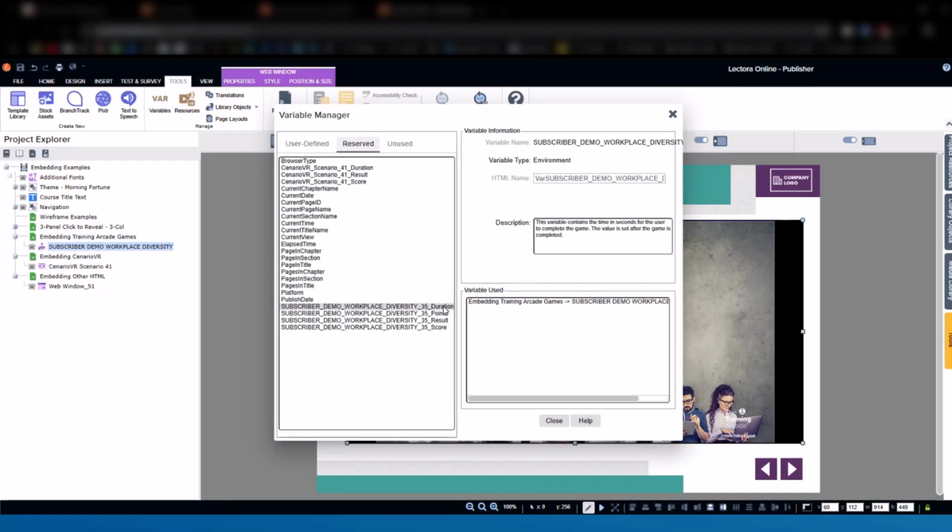So these range from duration, how long the user spent in the game, what their point score was at the end, what their result was. So if you've got a pass mark or a failed completed assigned to it, which was all in the game setup itself, that'll pass that data across in a variable, as well as the actual score. So the score may be different from the points, but depending on how you've set it up. And that means you can have that tied directly to the Lectora course. So their score in the game is their score in the course, if you want it to just simply, again,